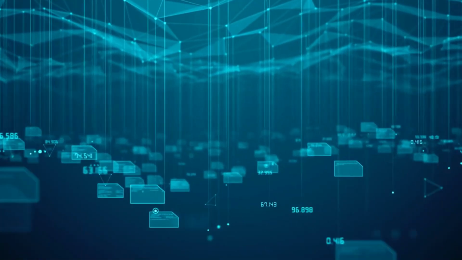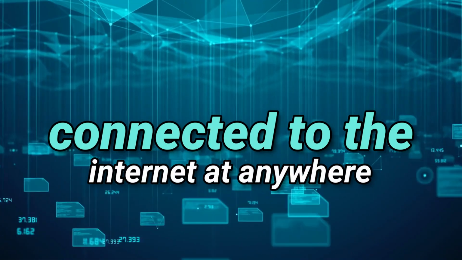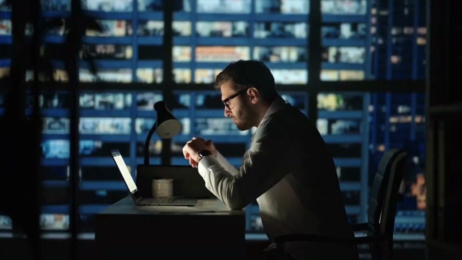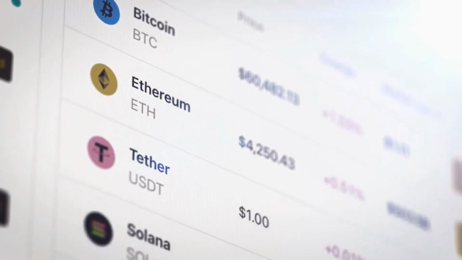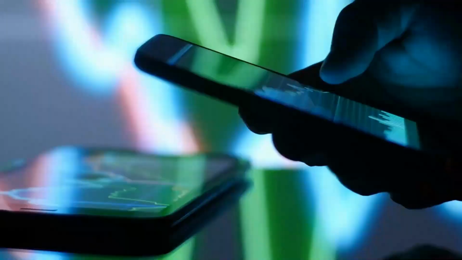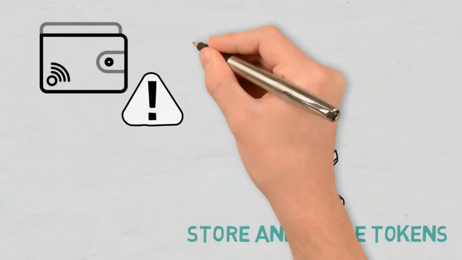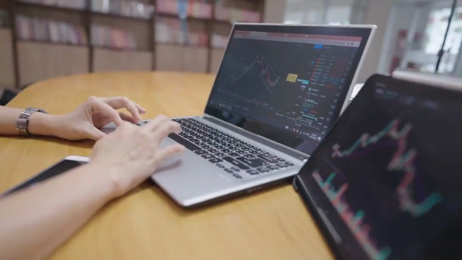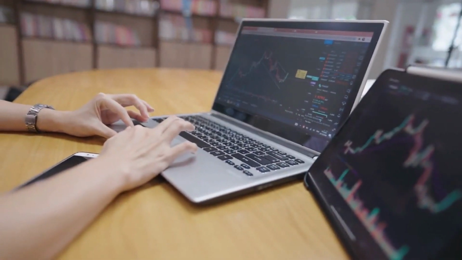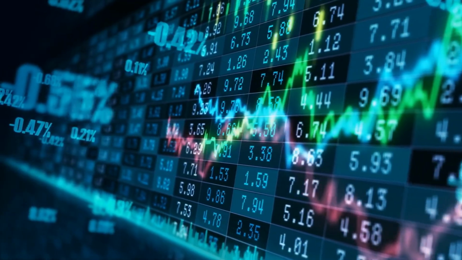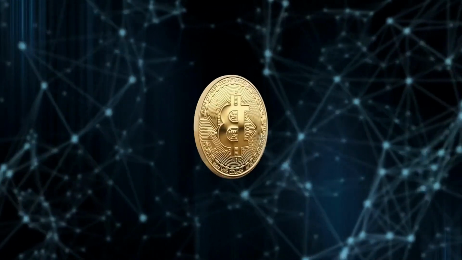A hot wallet is a wallet that is connected to the internet in any way. The upside is that you can always access it regardless of where you are in the world. The downside is that it is vulnerable to online attacks and hackers, which could lead to your funds getting stolen. But it's faster and it makes it easier to trade or spend your crypto.